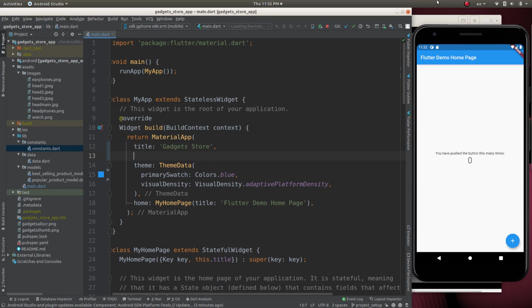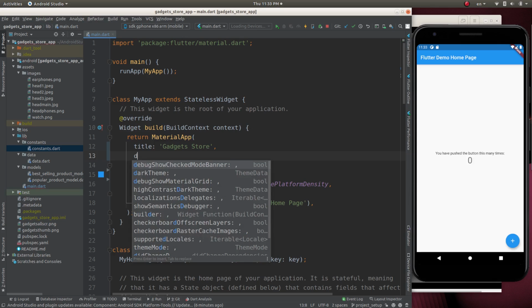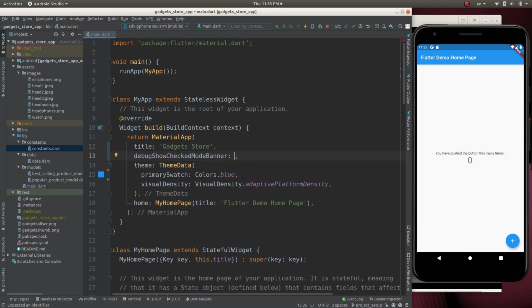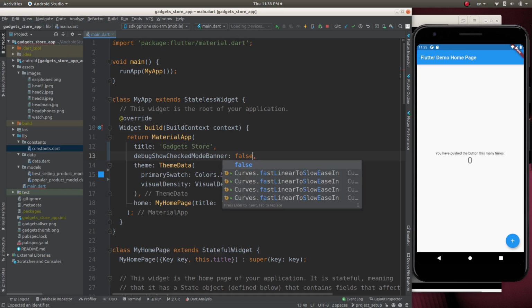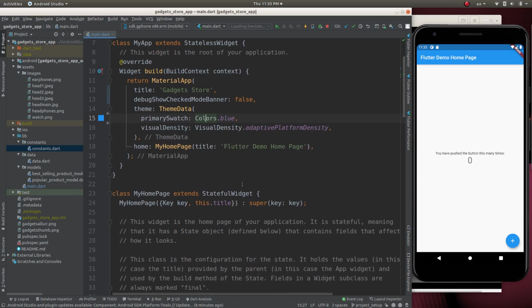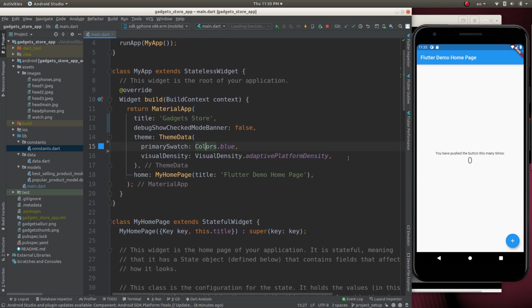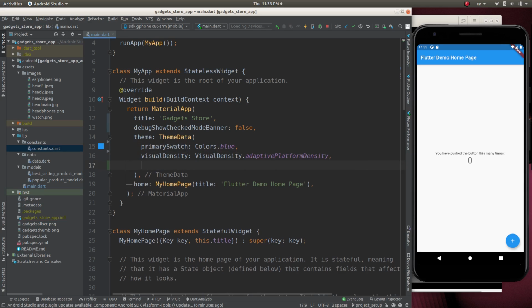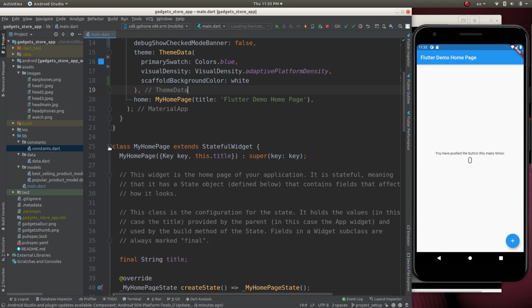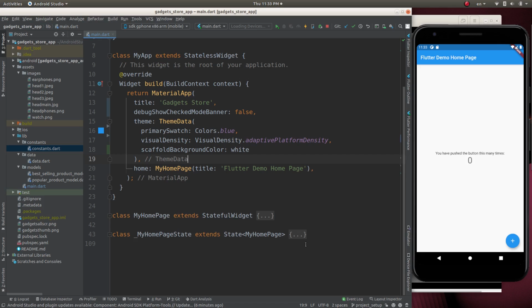Now, we can take the debug banner off. For that, set debugShowCheckedModeBanner to false. Next, we can change the scaffold background color to white. Next, we can remove this class,